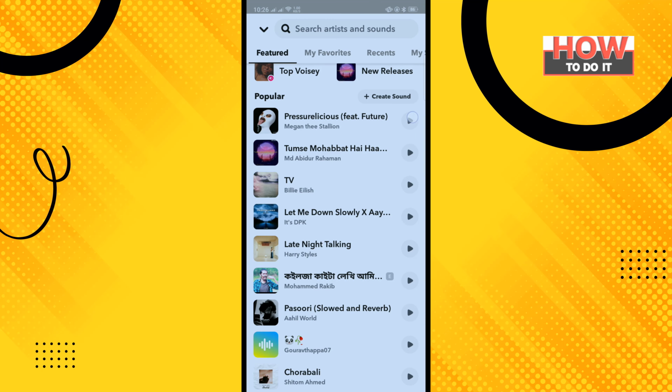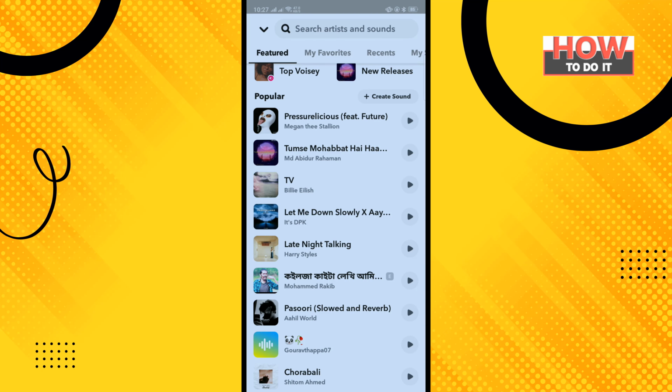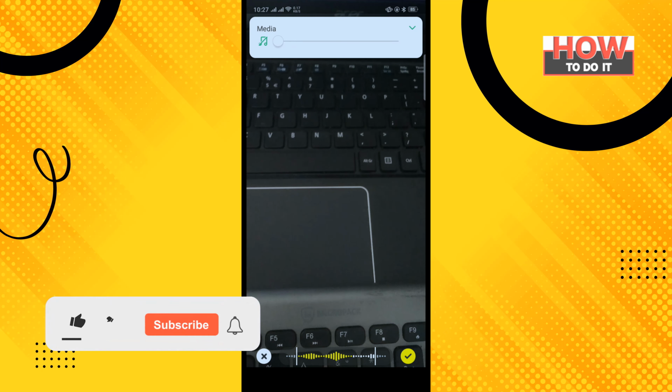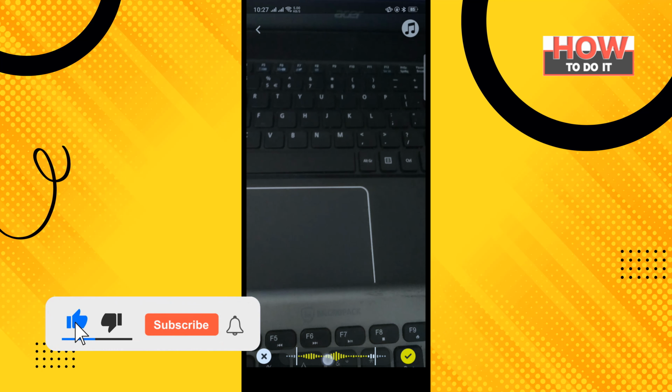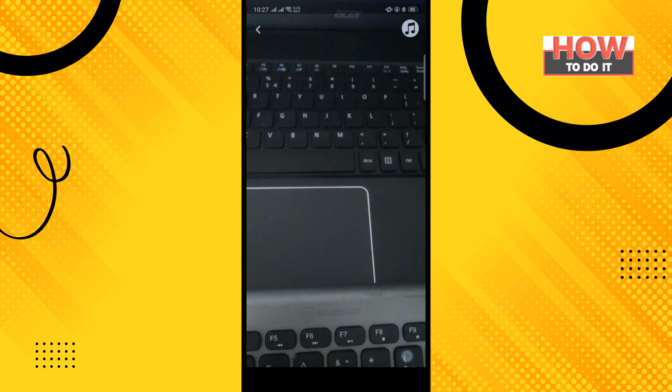You can play the music by tapping on this icon here. And tap on the music which you want to use, and here you will get the music. Now you can adjust the music. So I want to add the music from 20 seconds, and after that tap on OK,